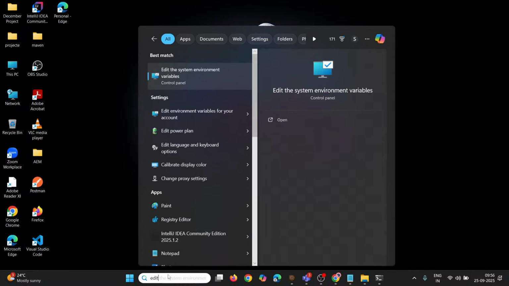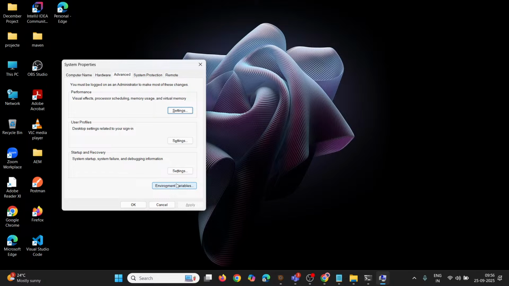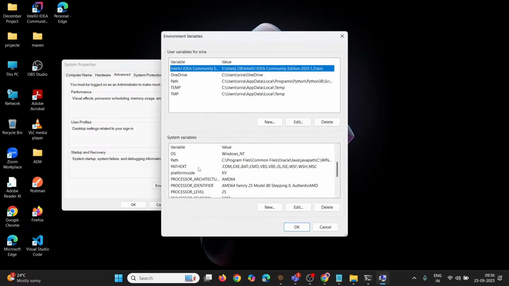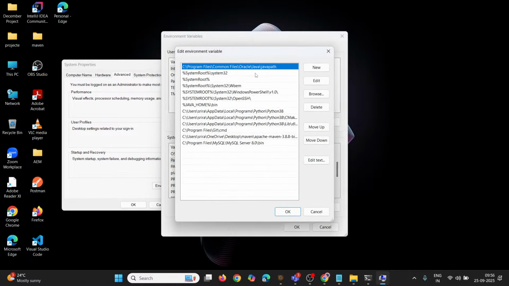Edit system environment. Okay, inside the environment variables, first go inside the path variable. Inside the path variable, click on new and then paste your Maven path, whatever path you have selected. You have to select until the bin folder and paste the path. So C users, OneDrive, desktop, Apache Maven, and then you include bin at the last. Bin is compulsory because bin contains the binary data to run the software